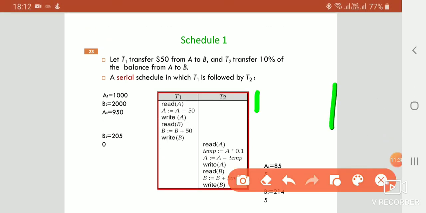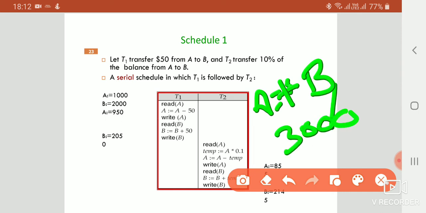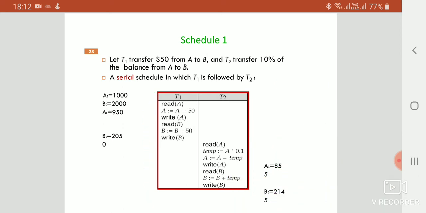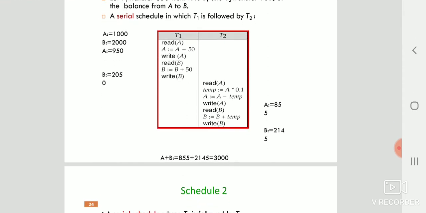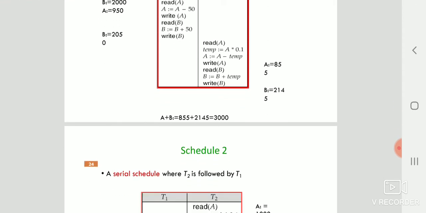Initially we had A as 1000 and B as 2000. If you add A and B, you get 3000. After performing all these transactions using serial scheduling, one after the other, the final amounts are A as 855 and B as 2145. If you add them up, you again get 3000.